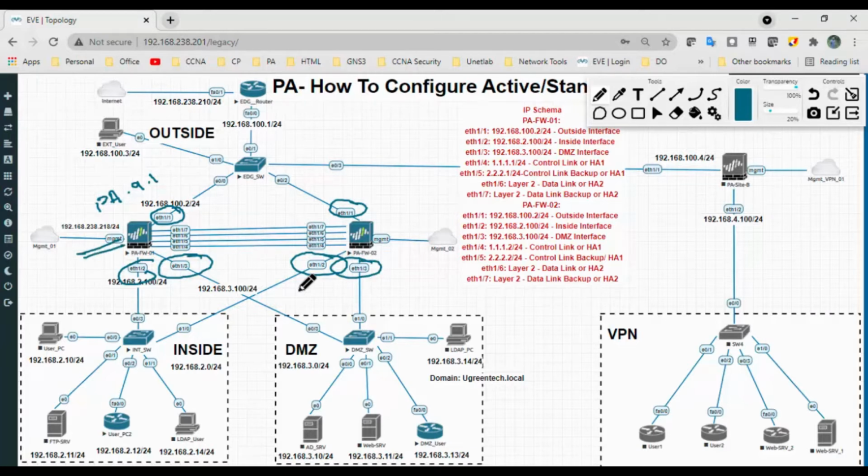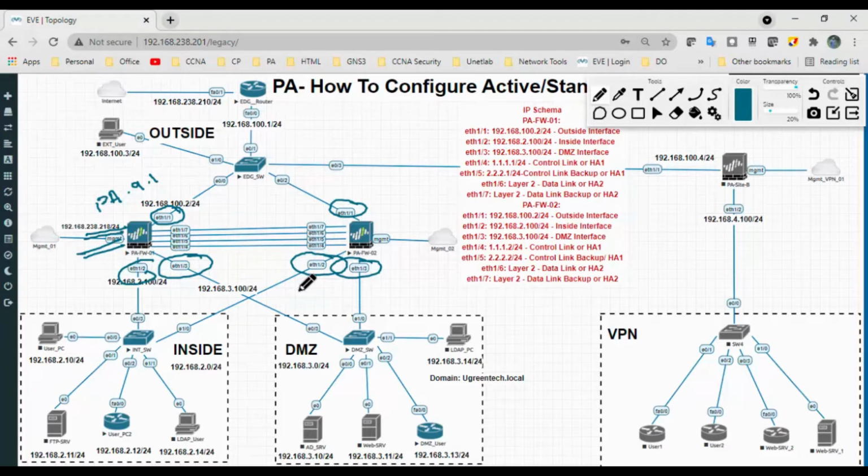Also, when we are configuring HA, we should assign a static IP address. Right now, when we boot up, once my PA is up and running, it will take the management interface as DHCP.